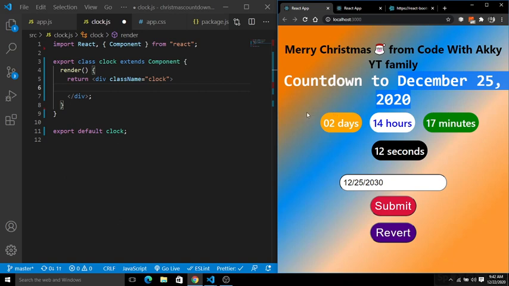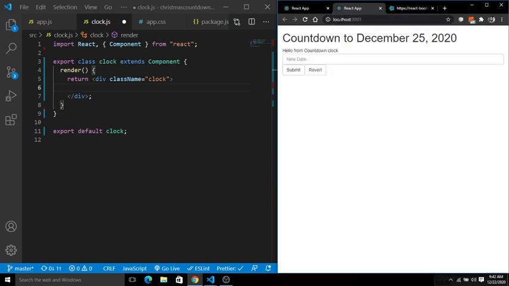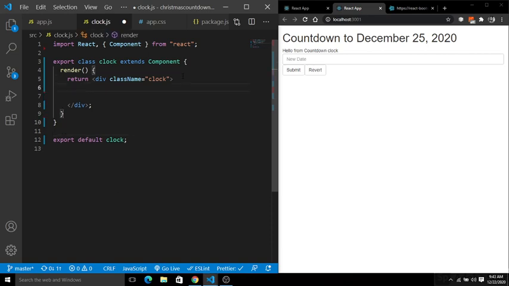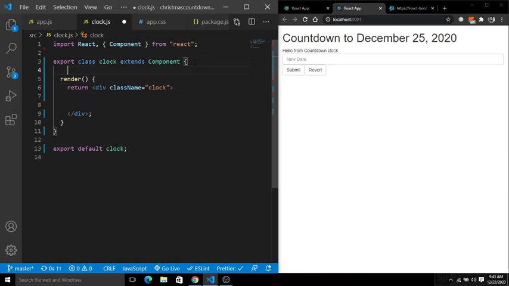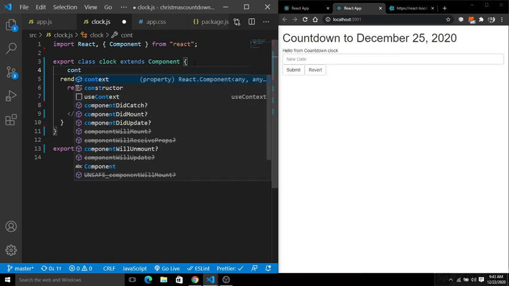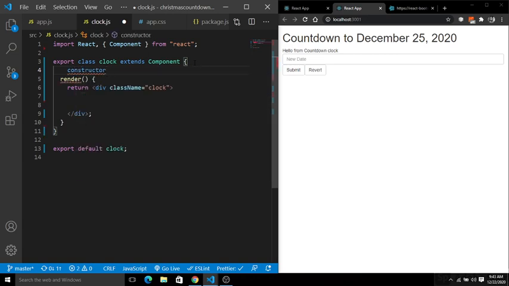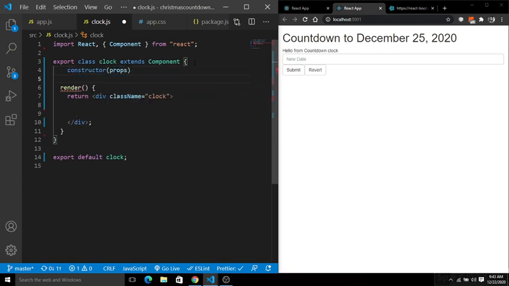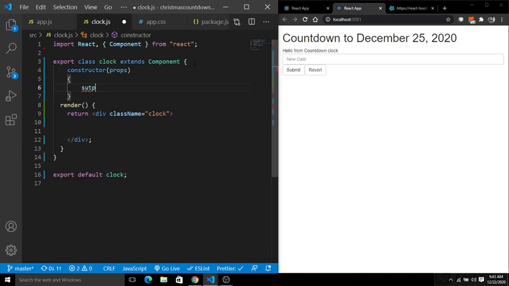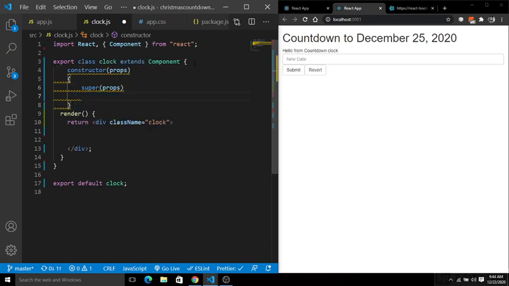So what I am going to do is simply do just like here. So let's go and create this. Let's set the state first of all. Inside the class component we have to set the states for all these: days, hours, minutes, seconds, everything. So we have a constructor. Inside the constructor we have props, curly braces, we have super. Inside the super, let me give the props here.